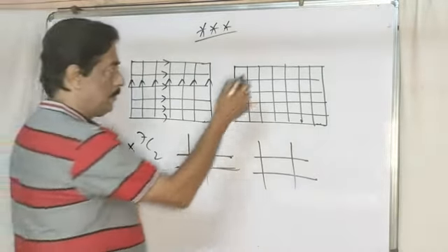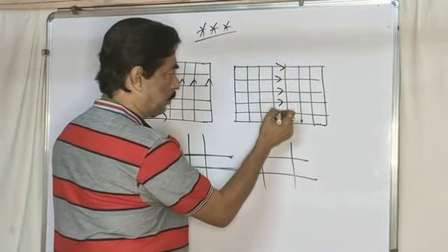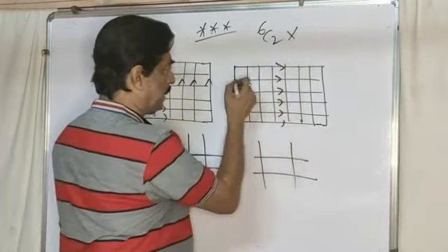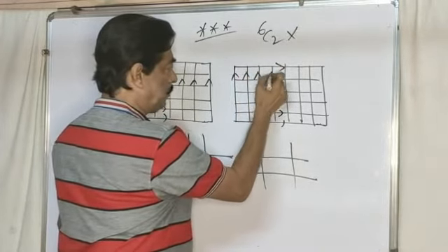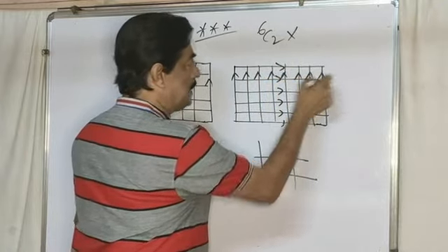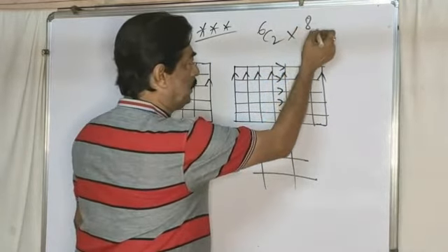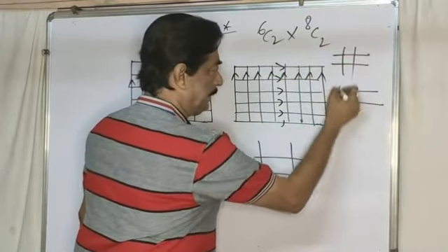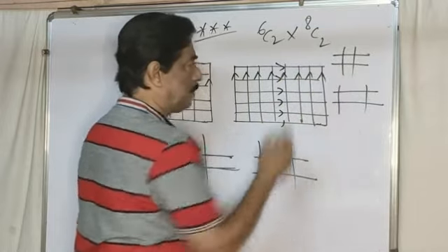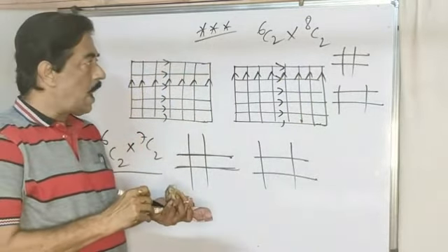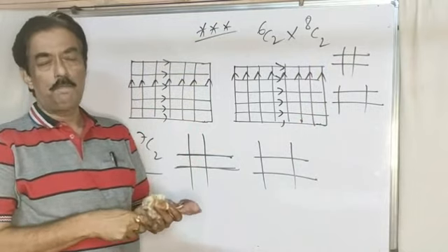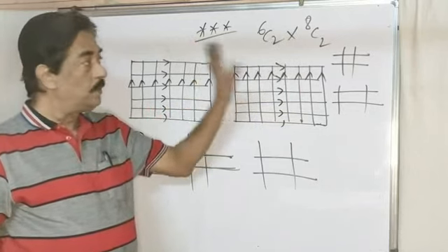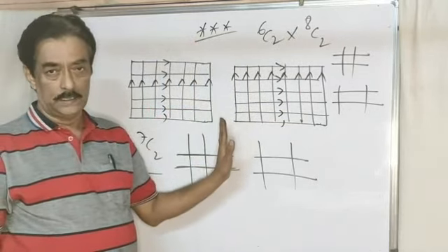In these cases, horizontal lines 1, 2, 3, 4, 5 and 6. So 6C2 gives the ways to choose 2 horizontal lines. In each case, the vertical lines 1, 2, 3, 4, 5, 6, 7 and 8. Out of 8, we choose 8C2. It may be a square, it may be a rectangle. So all should be treated as a rectangle. Now my question is, how many rectangles are in the figure if every square is also treated as a rectangle? Your answer is 6C2 into 8C2. Remember this from home, most important for your forthcoming examination.